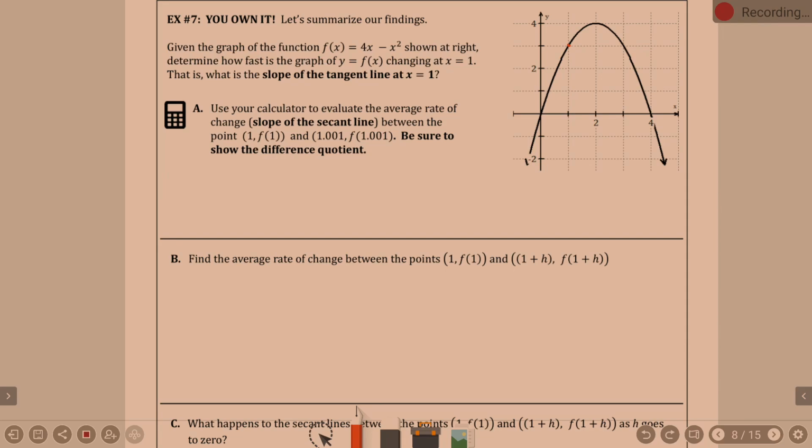Hey, there's words you don't see very often. Use your calculator. I promise we do use the calculators this year, okay? Just not a whole lot at the beginning, but use your calculator to evaluate the average rate of change. Did you guys catch that? Average rate of change, AROC, or slope of the secant line, between the point 1 and f of 1 and 1.001 and f of 1.001. Be sure to show the difference quotient,